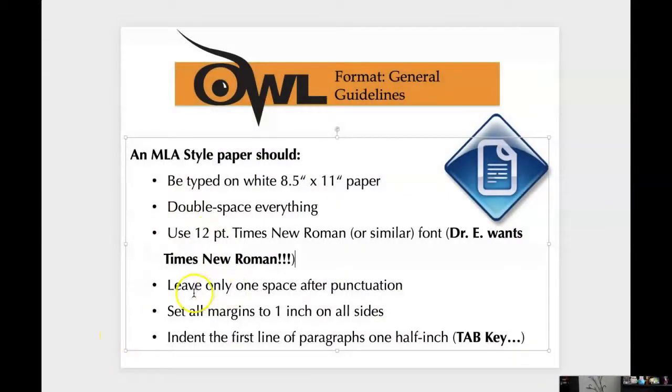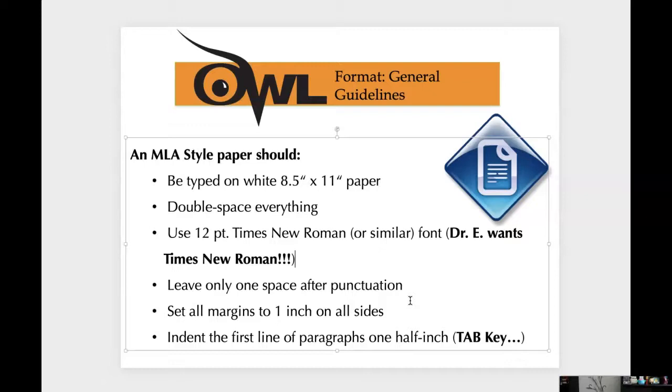Know that Microsoft Word defaults to like Calibri as a font. Some professors are going to be okay with that. I hate the way Calibri looks, so my preference is for you to change it to Times New Roman. But also know that Microsoft Word defaults to some weird spacing things. So Microsoft Word, when you open it, you have to do a couple of things to make sure that it's set up in MLA format. But that's why I give you templates, because I've set up and corrected all of those weird things that Microsoft Word does.